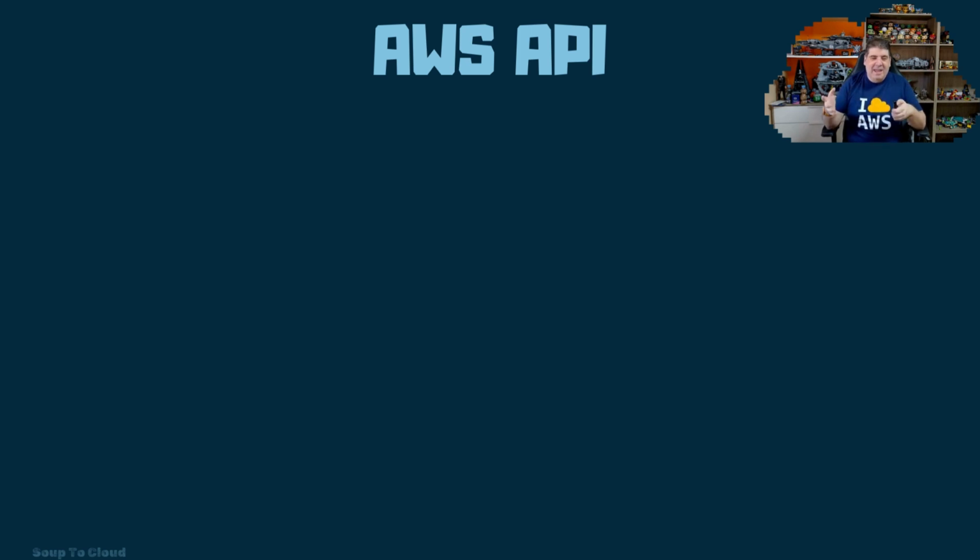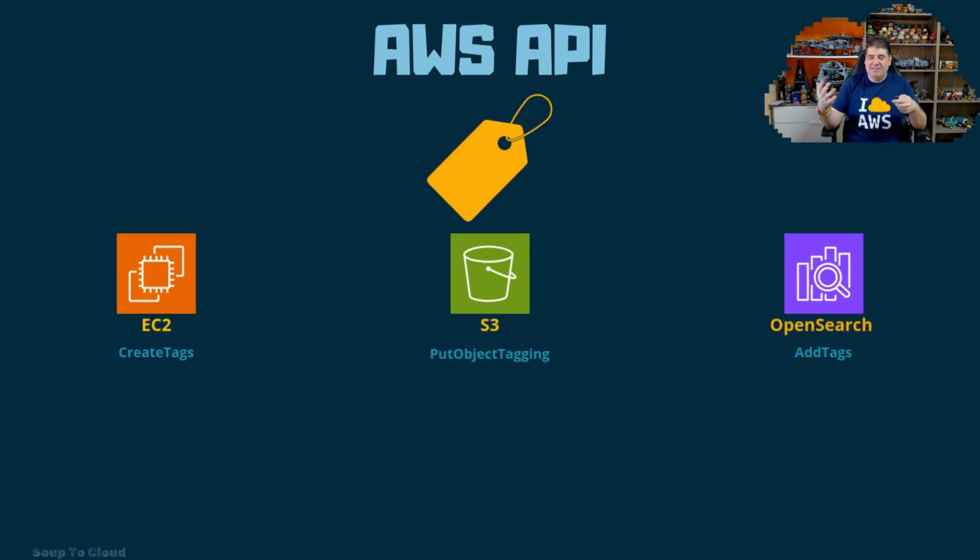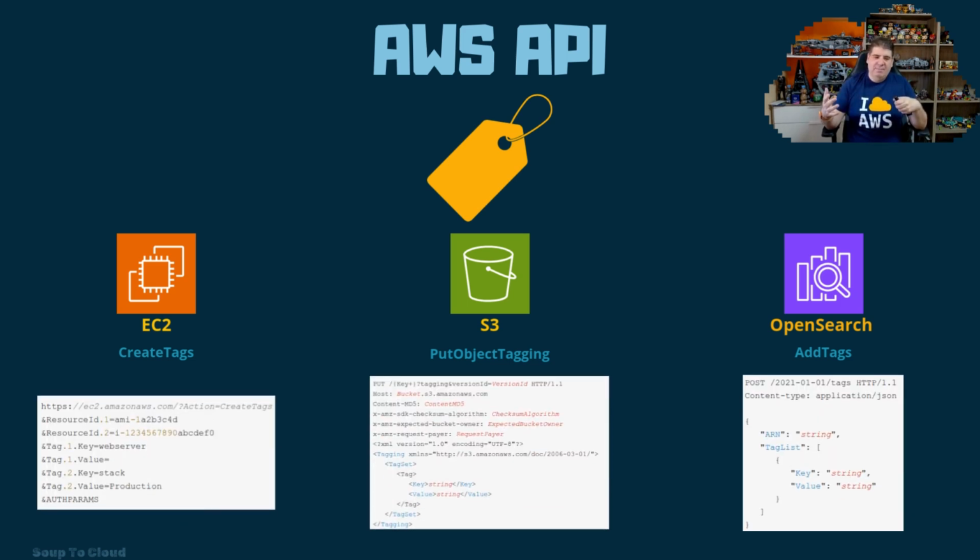earlier. But for example, the tags. When you try to implement tags in different services, it's not the same. For example, in EC2, S3, and OpenSearch, the name of the action is different. It's create tags, put object tagging, or add tags. And also the implementation is different